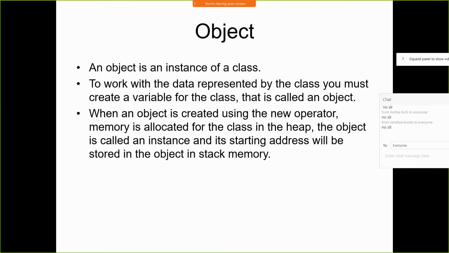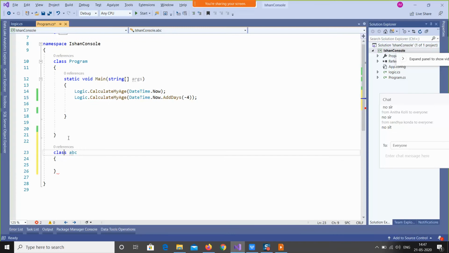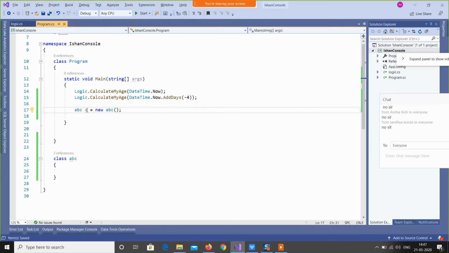Then the object: a representation of a class by a variable name is known as an object, or an instance of a class. If I write a class this way, in this case this A is the object of my class.